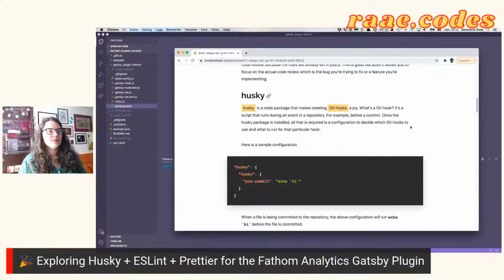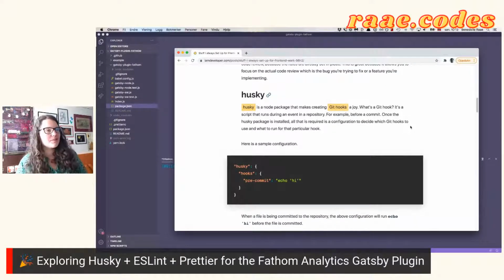So let's just read what he has eloquently put down here. So it makes creating Git hooks a joy. You could probably do it without Husky, but I've never tried. It's a script that runs during an event in a repository, for example, before a commit. Once the Husky package is installed, all that is required is a configuration to decide which Git hooks to use and what to run for that